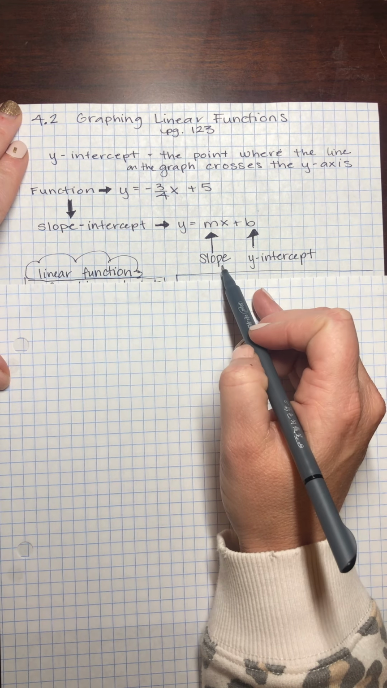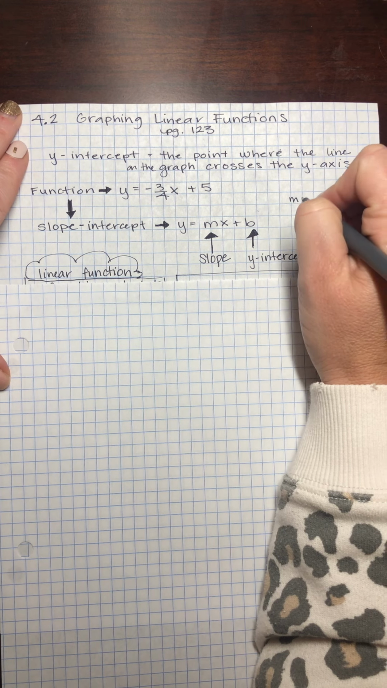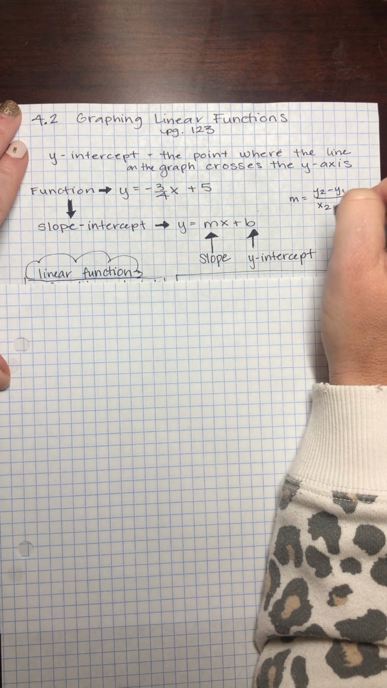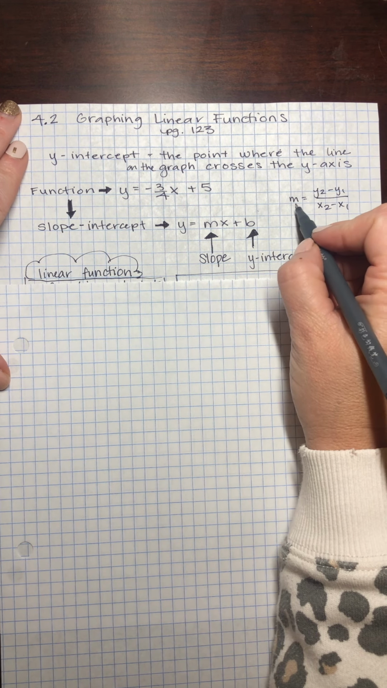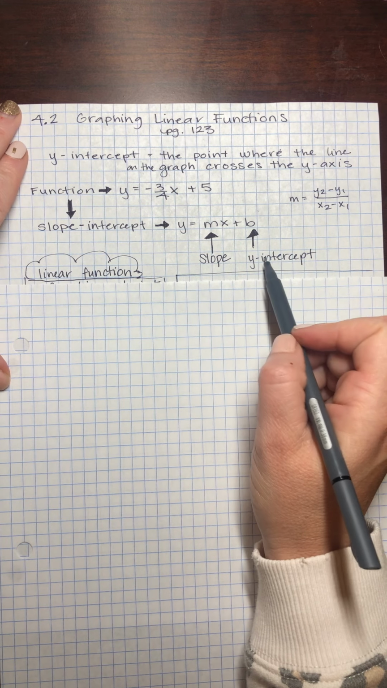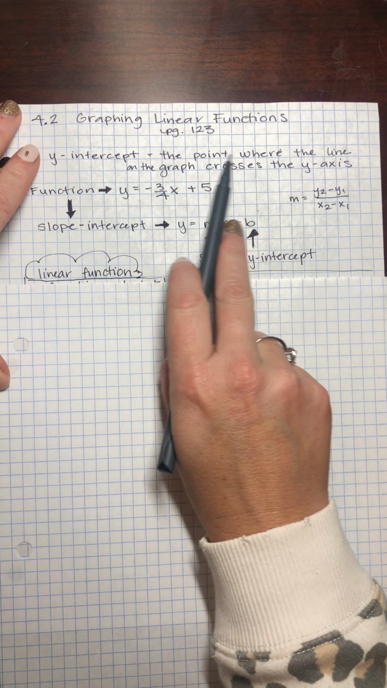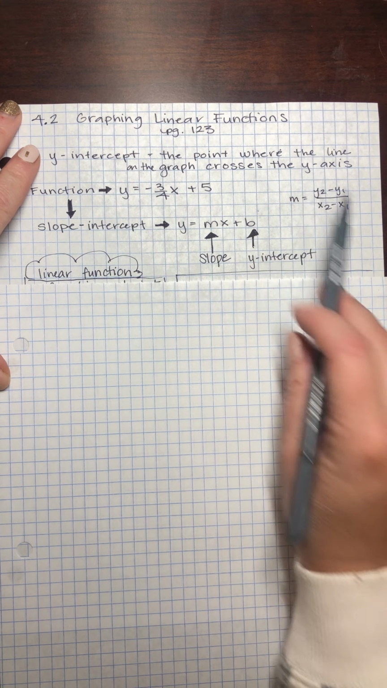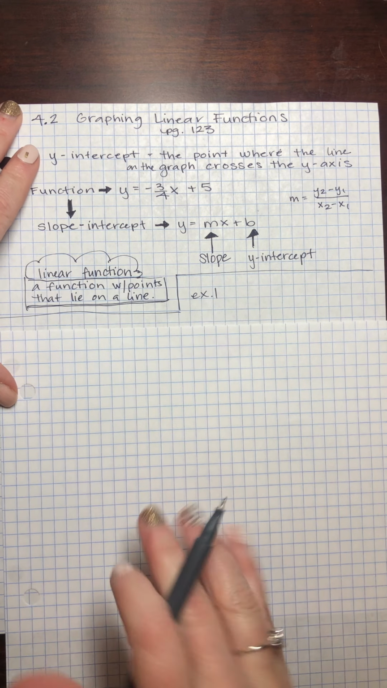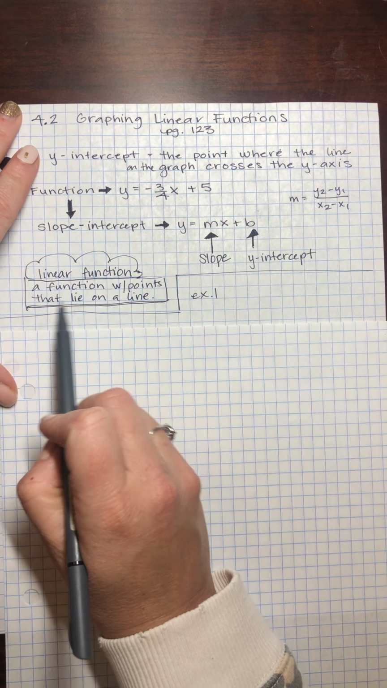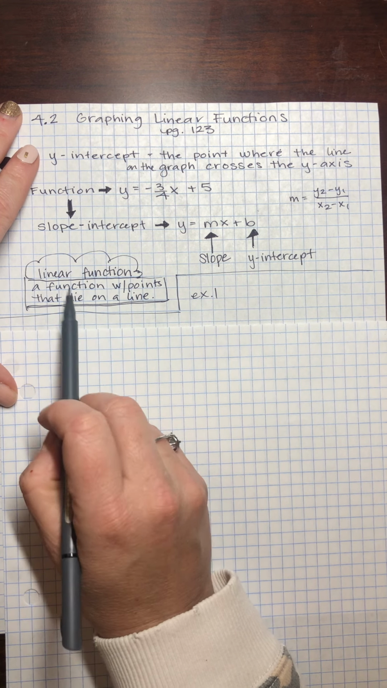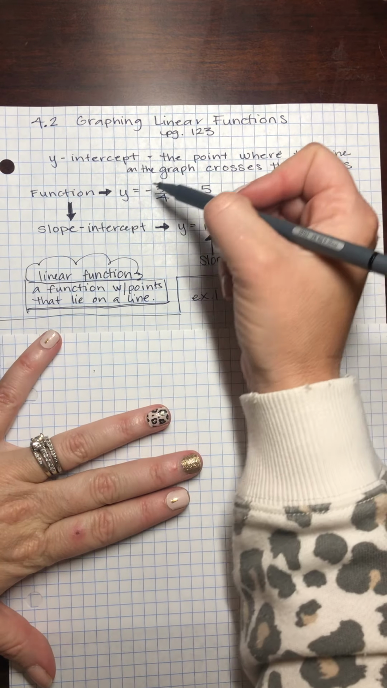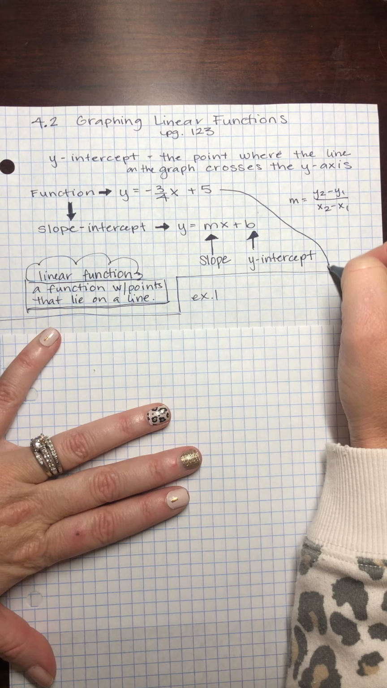The m is slope, right? We've used m equals and then our formula, y2 minus y1 over x2 minus x1. And slope is m, right? So this is our slope. And b is our y-intercept. That's the point where the line on the graph crosses through the y. A linear function is a function with points that make a straight line. We were working with linear functions back in chapter 3 as well. So if we take this function as our first example